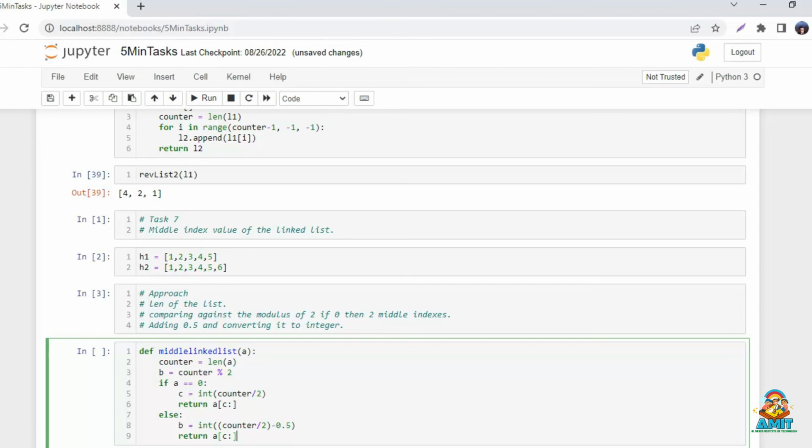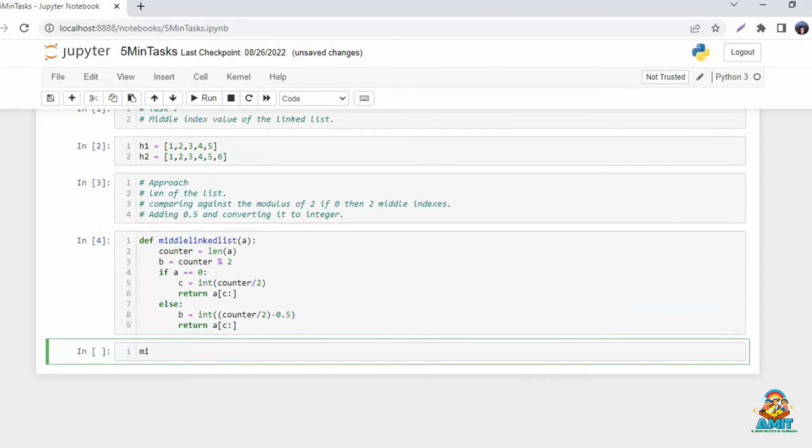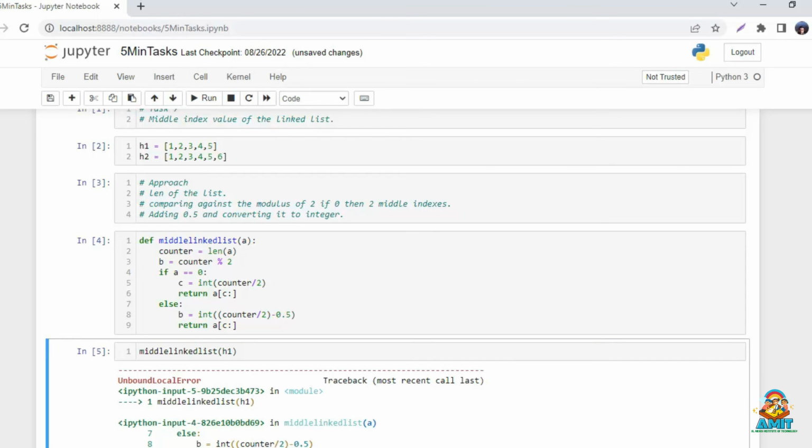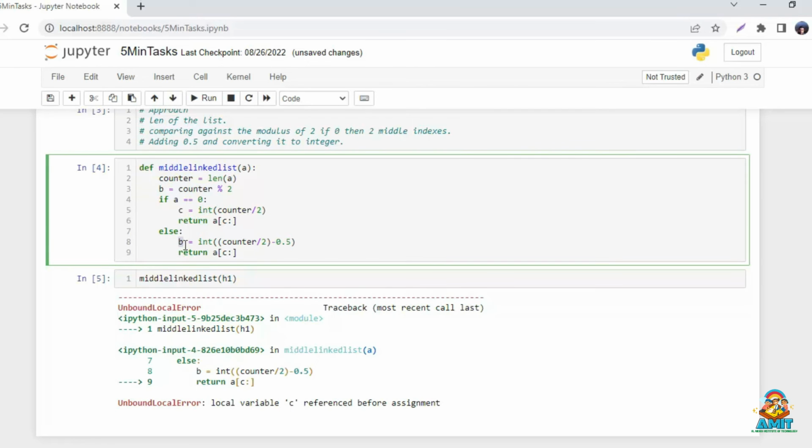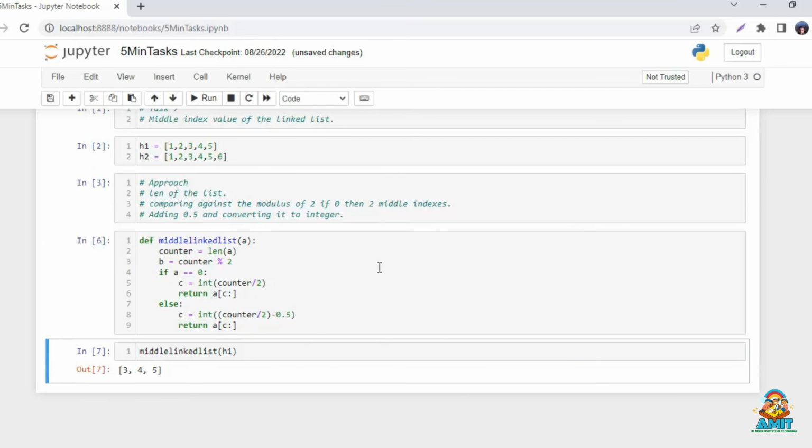Now let's run this function. Another linked list, and we're going to pass h1 into this function. There's an error: local variable c referenced before assignment. So c is referenced before assignment. Here we haven't calculated c, so it is going to be c. Now let's run again. So here we get 3, 4, 5 from the middle to the end of the list,